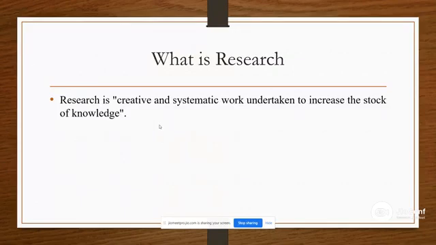So, what is research? I think you must have read in several books. One, you can call it a guru book, is C.R. Kothari, because that is what I read in 2012 and 2013. Research is basically a creative and systematic work which is undertaken to increase the stock of knowledge. And academic research, I tell you, people are now moving more towards academic research,